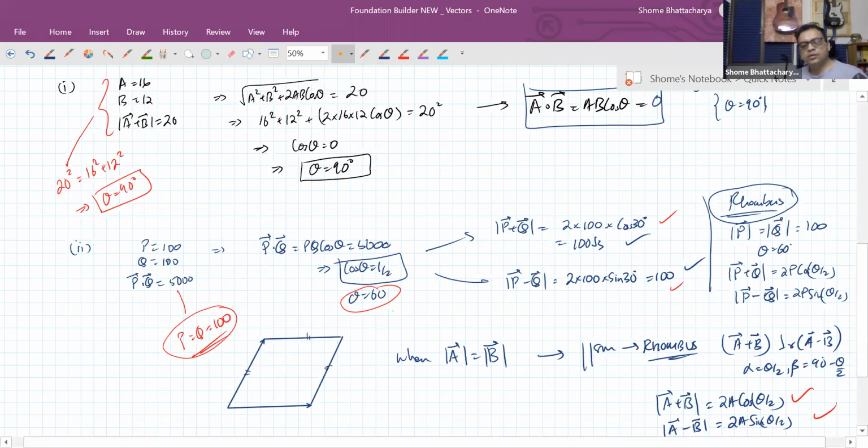So sides are equal. Okay. So for this rhombus now,